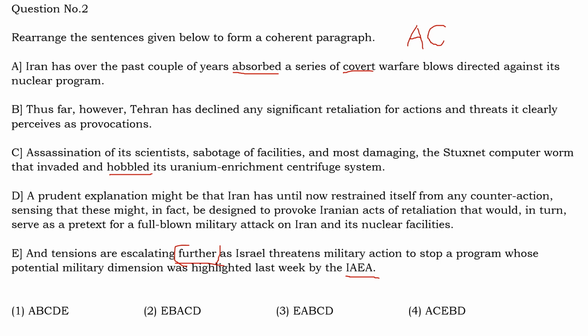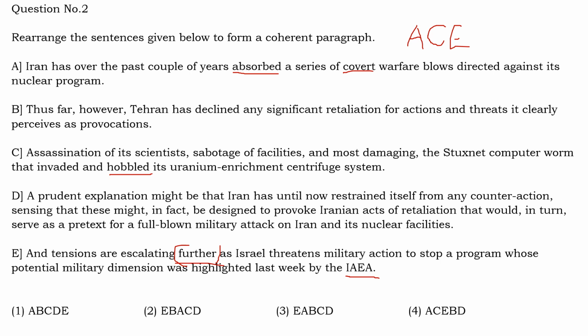So first we talk about the things that have already happened, then we talk about the things that are going to happen. So ACE, because this is a threat that might happen, or Israel is threatening to attack Iran. So a lot of attacks have already happened against Iran's nuclear program. Now Israel is threatening to attack. Then